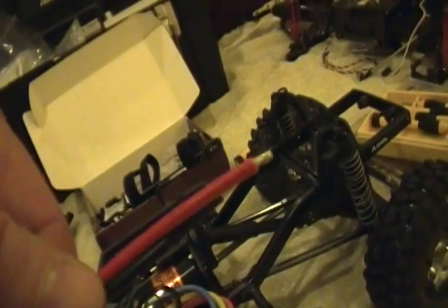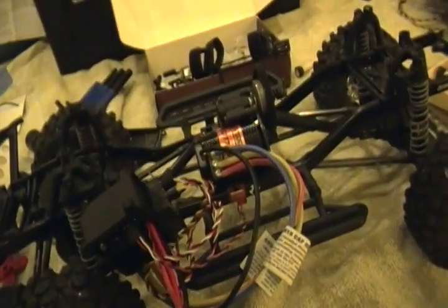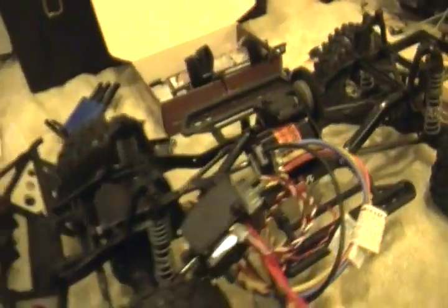Tried to run down to the hobby store today. Everything else I got is running Traxxas connectors. I'm going to put that on this thing too. Keep them all the same. Traxxas or Deans are supposed to be some of the better ones, but